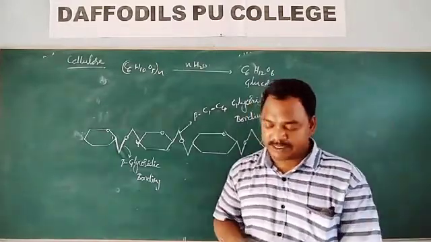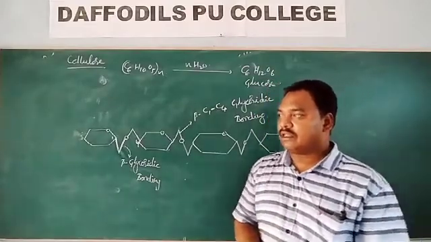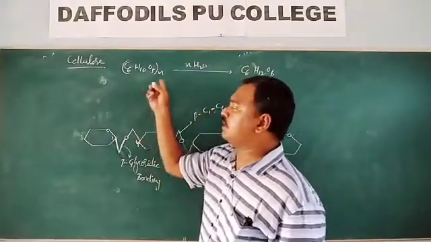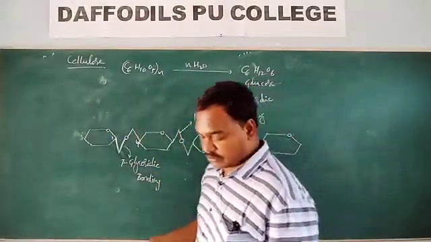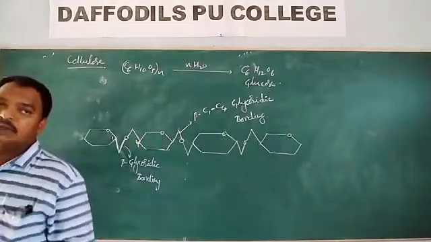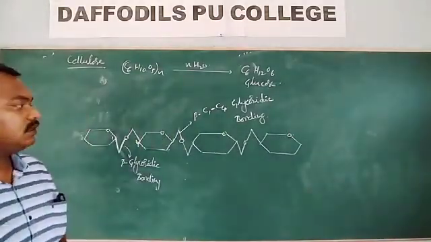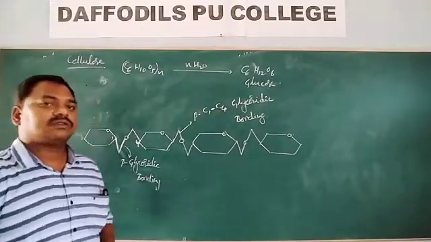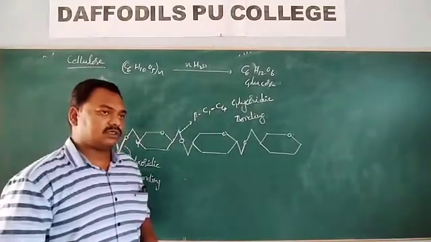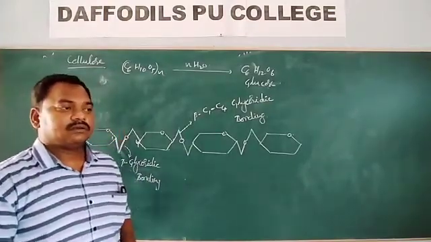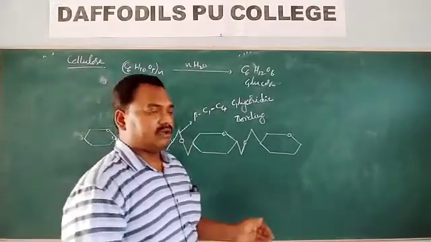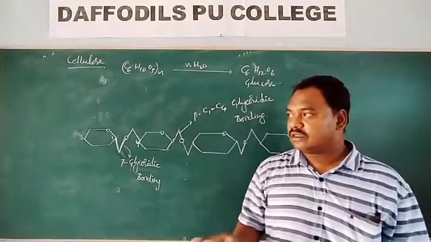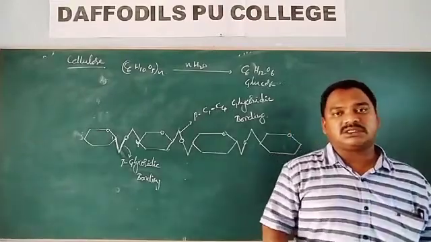Next, another polysaccharide is glycogen. Its formula is also C6H10O5 n times. Glycogen is also known as animal starch. The structure of glycogen is similar to the structure of starch,